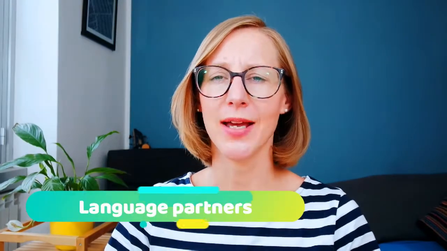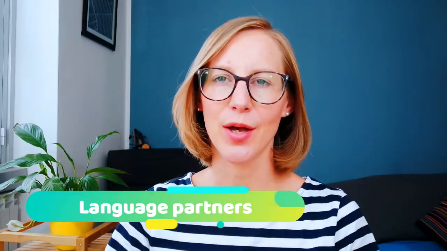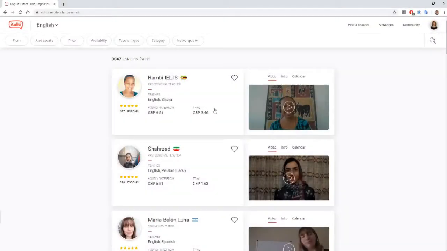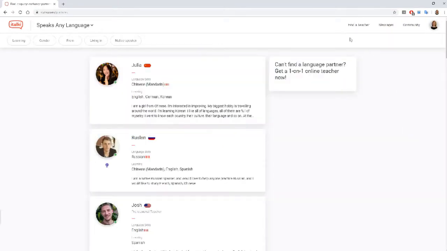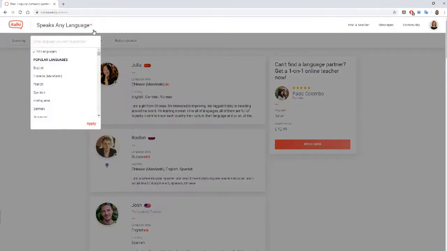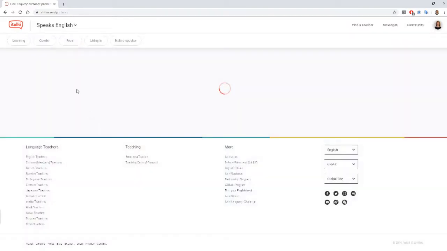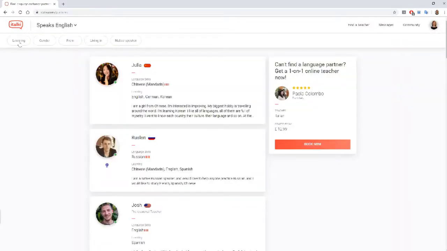Another nice feature on italki is that you can find a language partner. So let's say you're Spanish and you want to learn English, you can find an English person who wants to learn Spanish. And instead of paying for classes, you can simply exchange language for free. For example, you can schedule a Skype call and you speak half an hour in English and half an hour